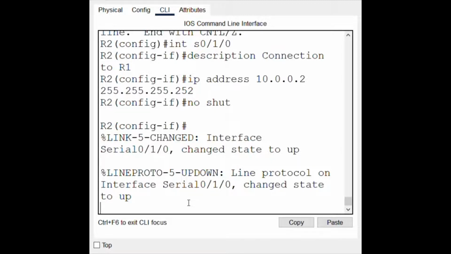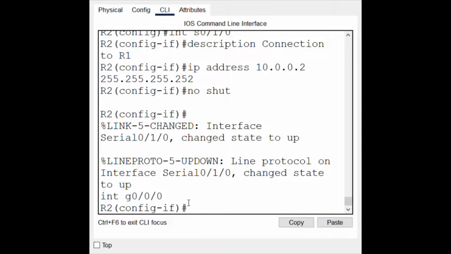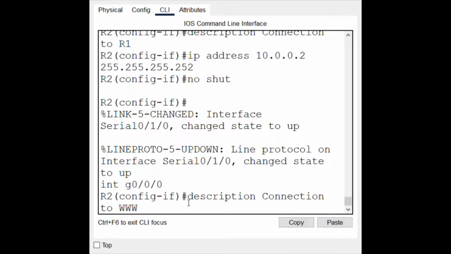of my gigabit ports. So I will say interface gigabit 0/0/0. You notice that I do not have to go back to global configuration. I can move from one interface mode directly to another interface simply by typing in the command. Description, connection to www server,